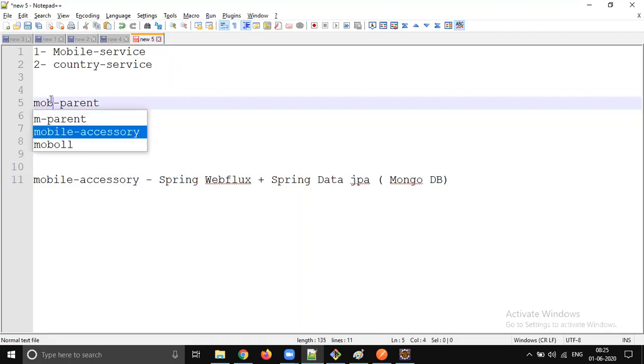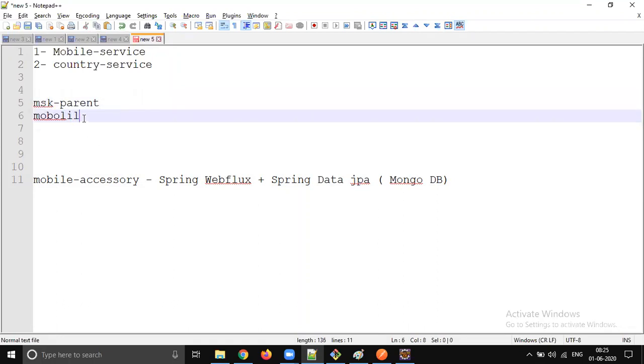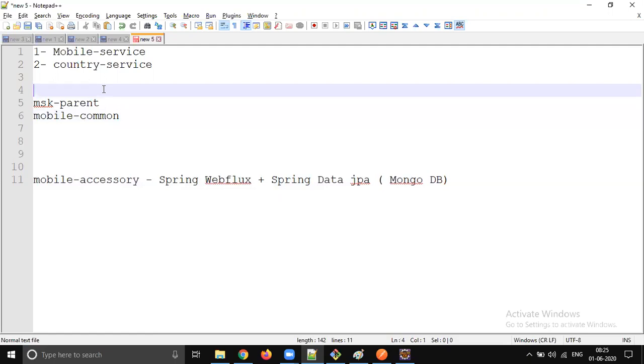Let's name it MSK parent, and the common one is mobile common, because there is some functionality which is commonly required for all services. We will move it into common. And there are some common dependencies. Instead of duplicating in all the services, let's move them into the parent project.